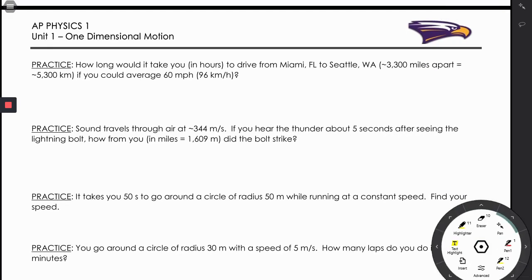All right, so these next practice problems all involve the speed or velocity calculation. Okay, and you'll see that they all talk about speed. All right, so the first one is, how long would it take you in hours to drive from Miami, Florida to Seattle, Washington? So if you literally go from the tip of one part of the country to the tip of the other side, it tells you it's about 3,300 miles or 5,300 kilometers. Now, if you can average 60 miles per hour or 96 kilometers per hour, so we're going to,